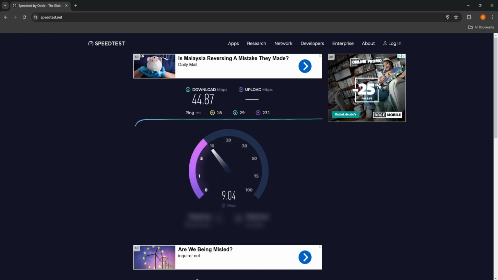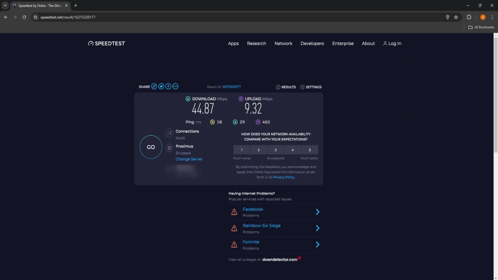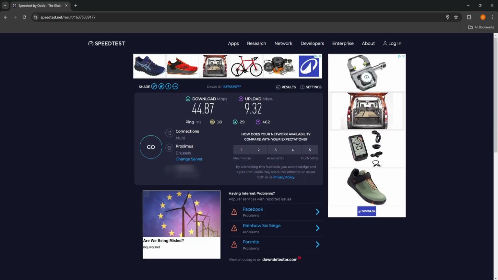After that, it will test your upload speed. The upload speed refers to how quickly you can send out data to the internet. It tells you how fast you can send out information from your computer to another device or server on the internet. When the test is done, it will show you your download and upload speed in Mbps and also your